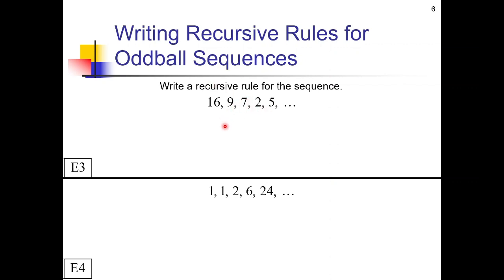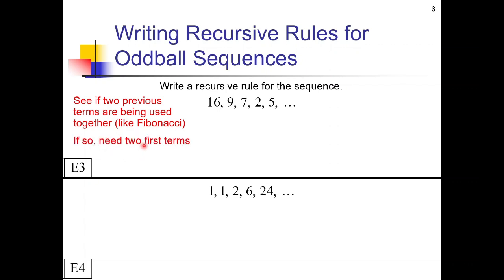So another common thing that you can try when those two rules don't work is to see if the two previous terms are being used together to generate the next term. Kind of like with the Fibonacci series we saw earlier, we were adding the last two terms to get the next term. If this is the case and you have to use the last two terms together, then just like the Fibonacci sequence, you're going to need two first terms, two base cases to start it off. So with that little hint in mind, pause the video and see if you can come up with a rule